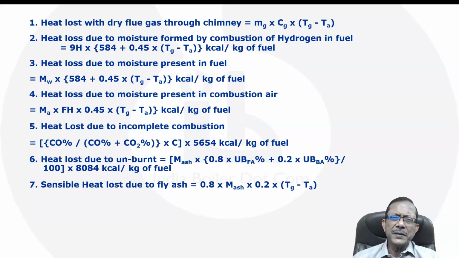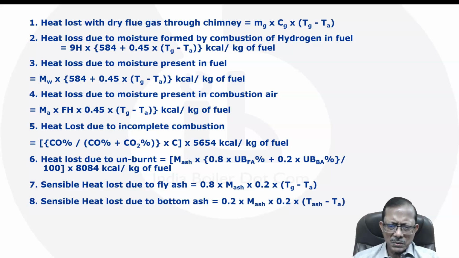So 0.8, again the 80% of the ash is going as fly ash, assuming that will be the mass of ash per kg of fuel multiplied by 0.8 into Cp of ash, taken as 0.2 kilocalorie per kg degree centigrade, and it is coming in at ambient temperature and going out at APH outlet gas temperature, so Tg minus Ta, m Cp delta T, right? And you can also calculate, usually we do not, but we can calculate the sensible heat